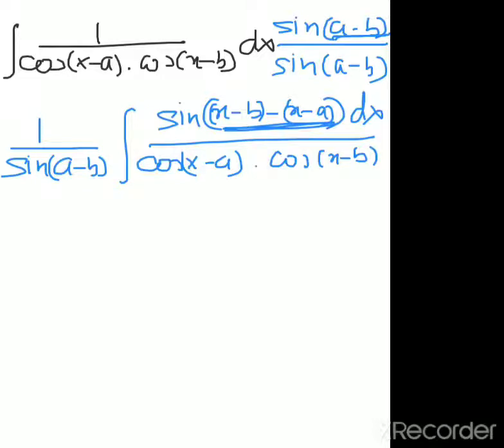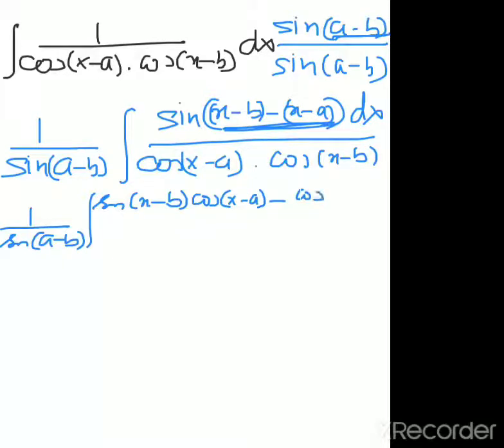Now we can write 1 upon sin(a minus b), integral of sin(x minus b) cos(x minus a) minus cos(x minus b) sin(x minus a) dx, upon